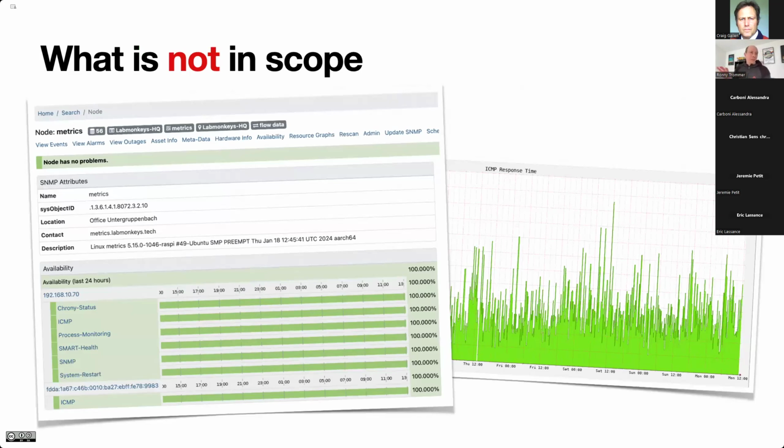What we put a little bit out of scope in that topic is everything about availability and latency. Latency could be a topic for performance management as well, but we separate that out for a different session, which is more about service assurance or service monitoring that will cover the topic of latency. That is not a part of this session. Any topics or any questions about it or anything unclear?